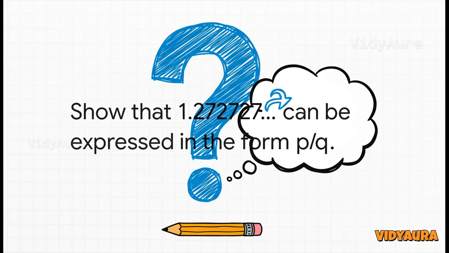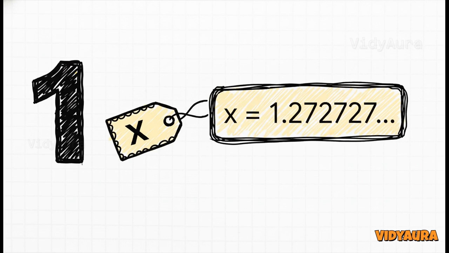Now, before we even start, what's the first thing you notice? Look closely. The digits 27 are repeating over and over, right? That's our repeating block. Okay, let's break this down step by step. First step is always the easiest one. We just need to give our number a name. Let's call it x. So we'll just write, let x equal